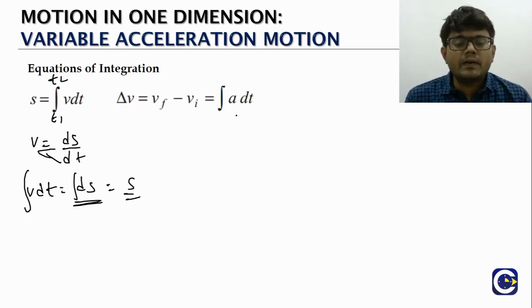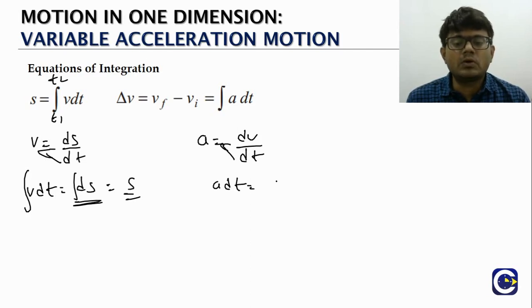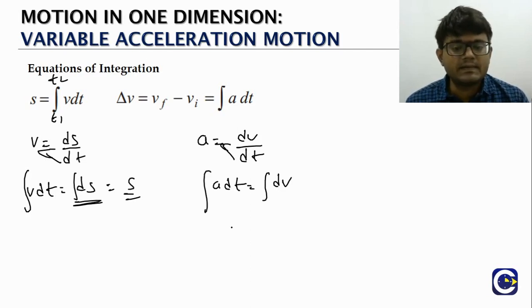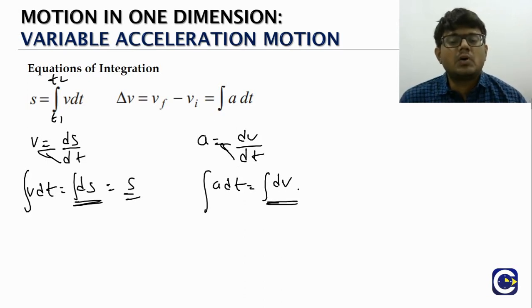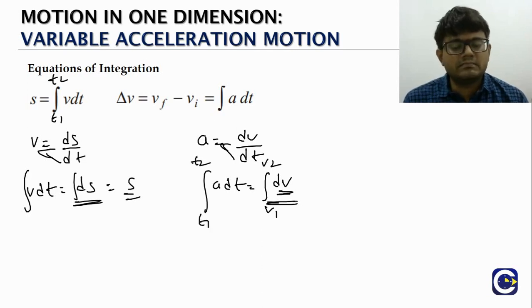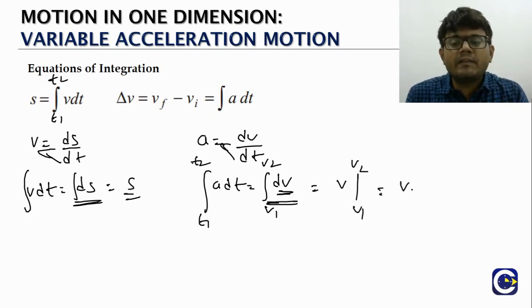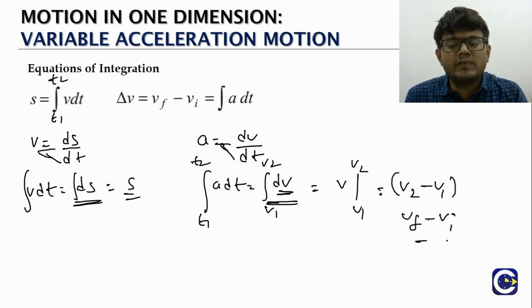Then we know that the instantaneous acceleration is equal to dv by dt. Again we cross multiply, a dt is equal to dv. We integrate on both sides. So integral dv, the variable here on the left hand side is in terms of time, t1 to t2. Okay, so look at this, integral dv, we have to substitute the limits. It will give us final limit value v2 minus initial limit value v1. We can even say it as v final minus v initial.